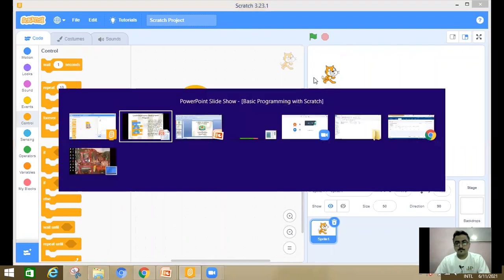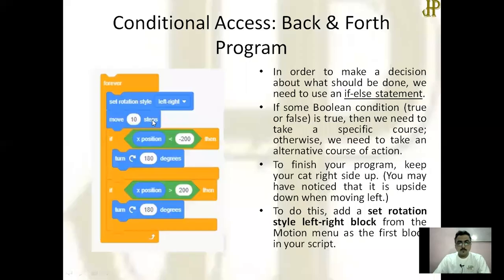So how to do this? Move 10 steps slowly, one by one, forever. If X position is lesser than minus 200, I have given some specific rule: in a backward direction, turn 180 degrees, move to the right hand side again.